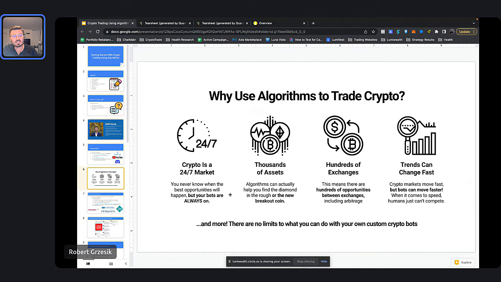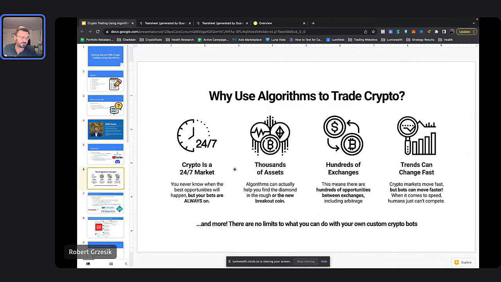There's also thousands of assets inside of crypto, right? So when you're doing your research on what kind of crypto coins you want to buy, it can be quite difficult to go through all of them and find out, is this what we call a shit coin or not? Is this thing worth any kind of investment? It's going to be very hard for you to track literally tens of thousands of different coins if there's something exciting happening in them, something new.